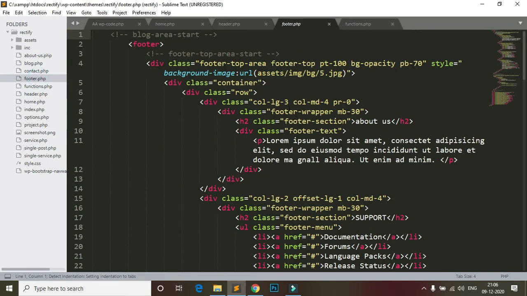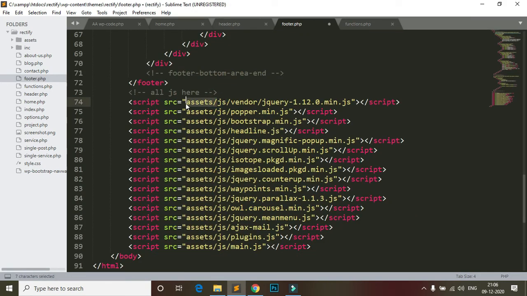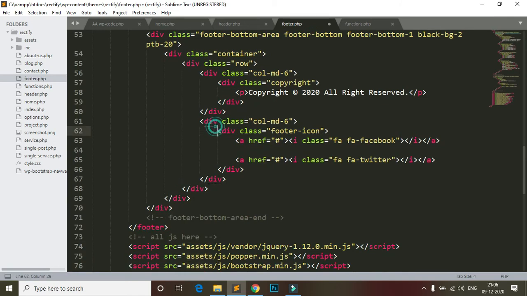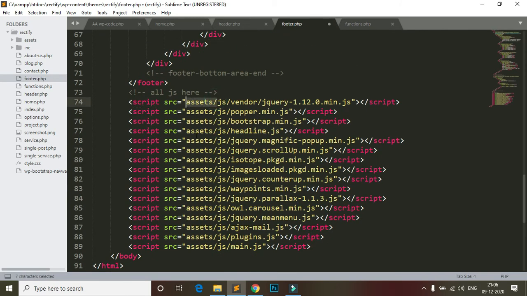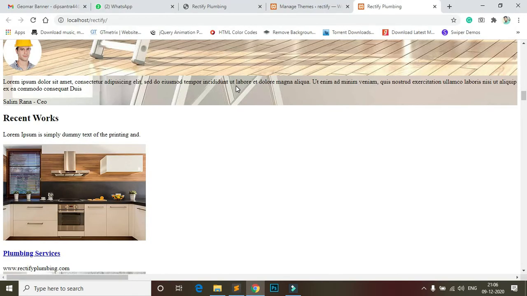This is the footer. Also here a logo, and this is the JS, all JS. So, sorry, okay, now home page is done.